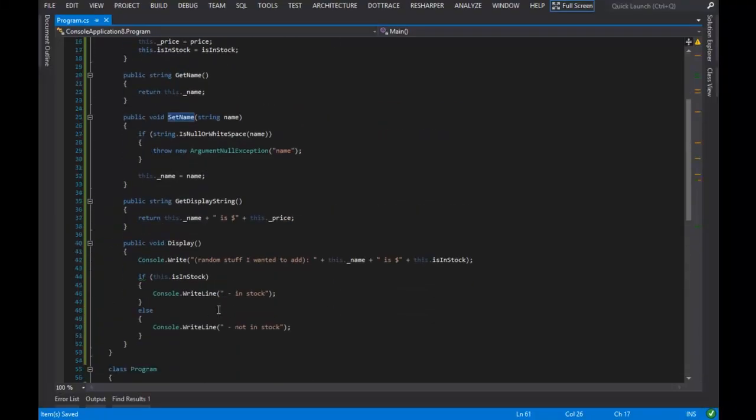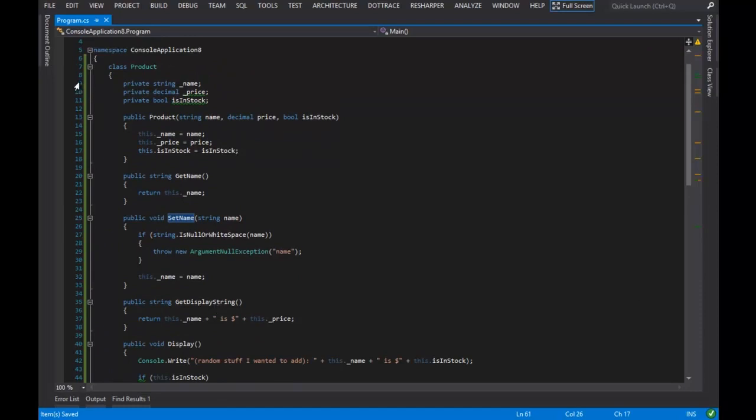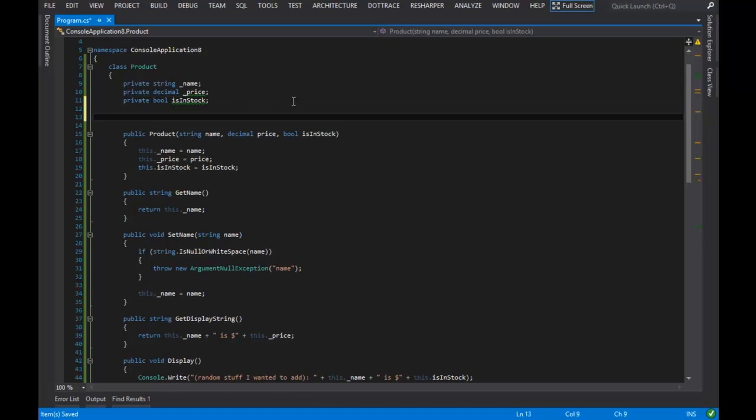Like I've said before, we have a bunch of different kinds of members we can place into classes. We have an example of fields, constructors, and methods. There's a couple more, and the one I want to talk about is called a property. A property